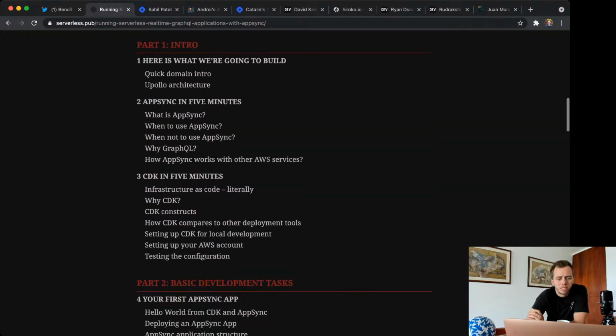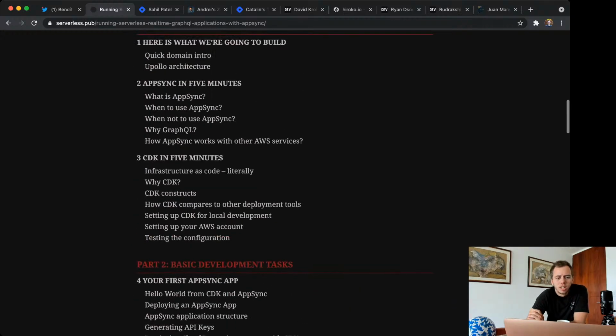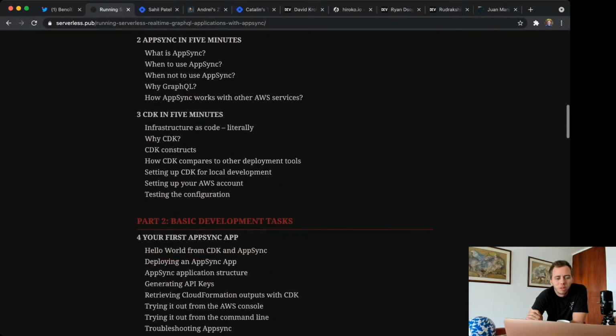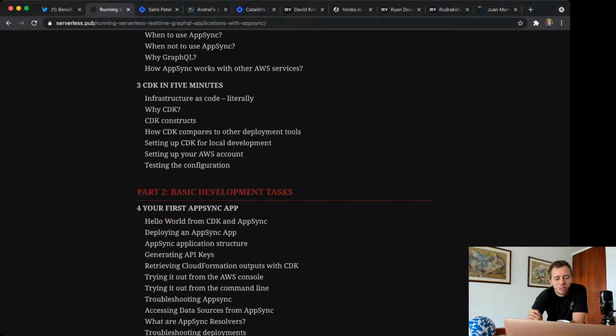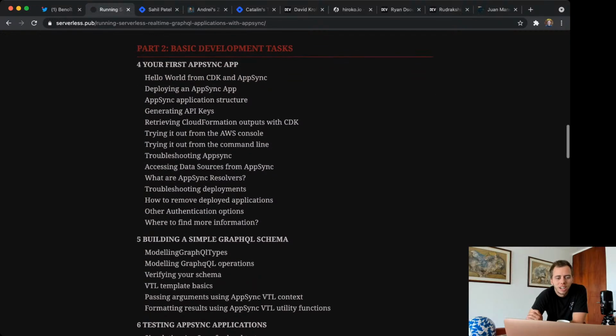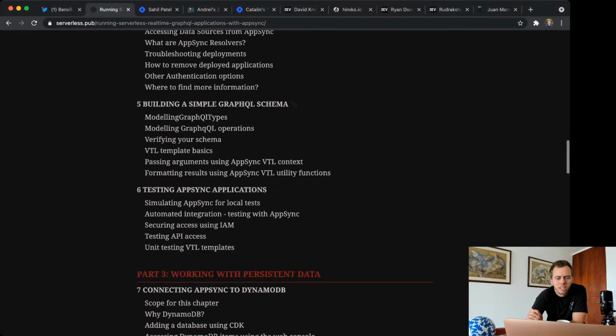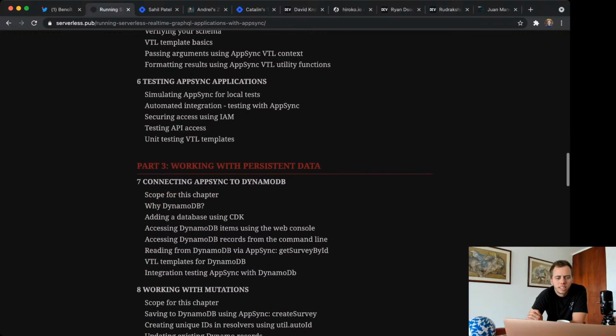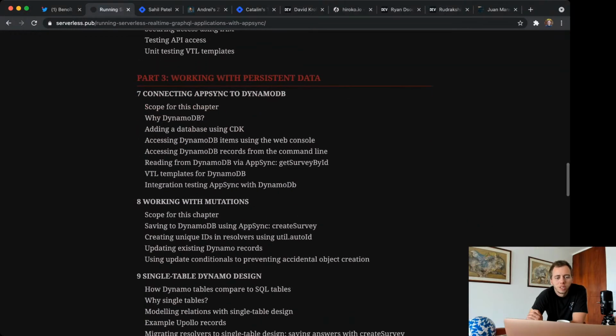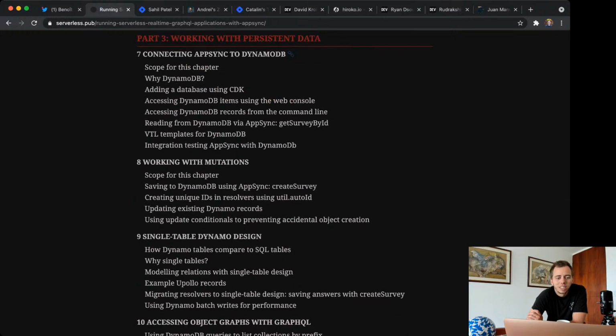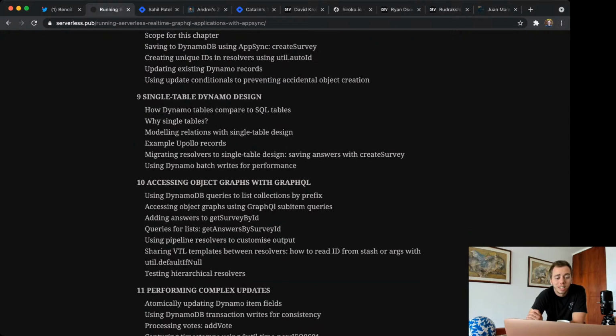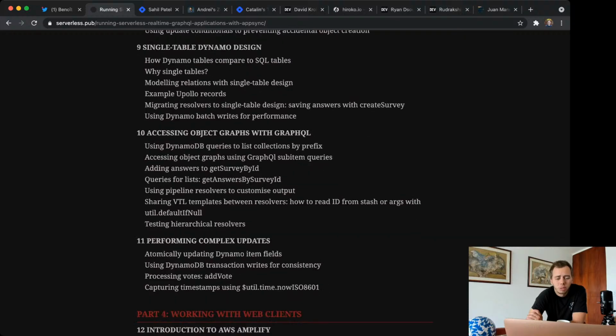So an overview of the book here, since we're already on the page, it looks like there's going to be AppSync in 5 minutes, so kind of a high-level overview, CDK in 5 minutes, that's cool, so all the CDK stuff, your first AppSync app, so creating everything, a simple GraphQL schema, testing AppSync applications, oh, this is interesting, unit testing VTL templates, that's very interesting. Working with persistent data, so connecting to DynamoDB, working with mutations, single table DynamoDB design, accessing object graphs with GraphQL,